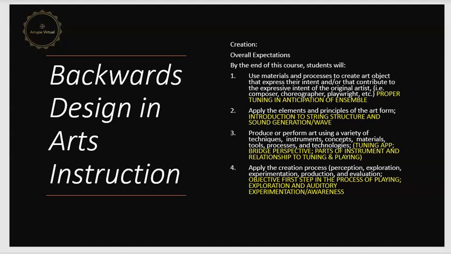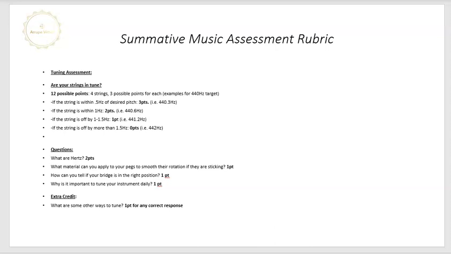bridge perspective, parts of an instrument, and relationship to tuning and playing will be gained in terms of what the students will learn. And then applying the creation process, the first objective step in the process of playing, exploration, and auditory experimentation and awareness. And all of this sounds very lofty, but it comes from the correct application of tuning their instrument and those first building blocks at the beginning of an orchestra course at the first part of a semester. So I hope you will watch the follow-up video where the teacher teaches the whole lesson on how to